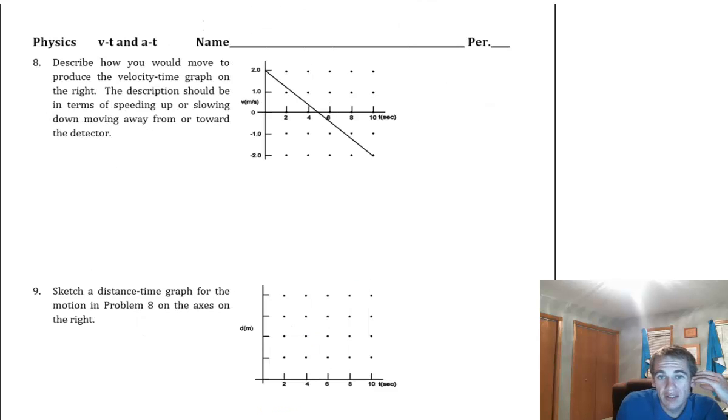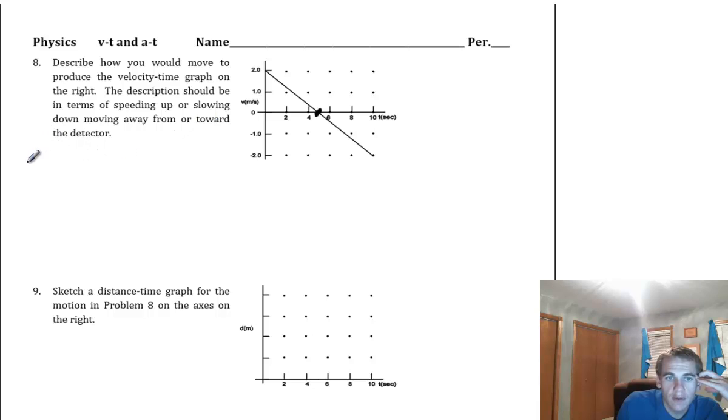All right, so then let's take a look at a couple of these graphs and see if we can answer these questions. Describe how you would move to produce the velocity time graph on the right. The description should be in terms of speeding up or slowing down, moving away from or towards the detector. We have two time intervals. It looks like one, but we have to remember on a velocity time graph,